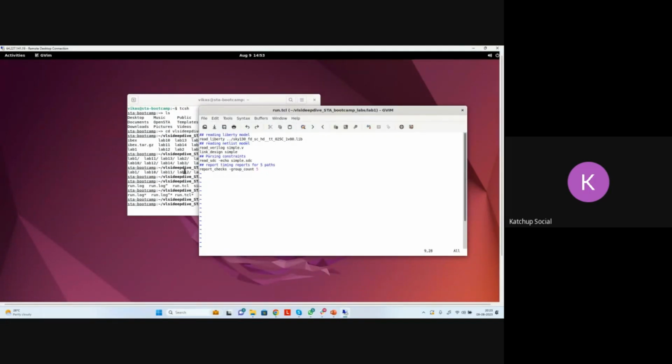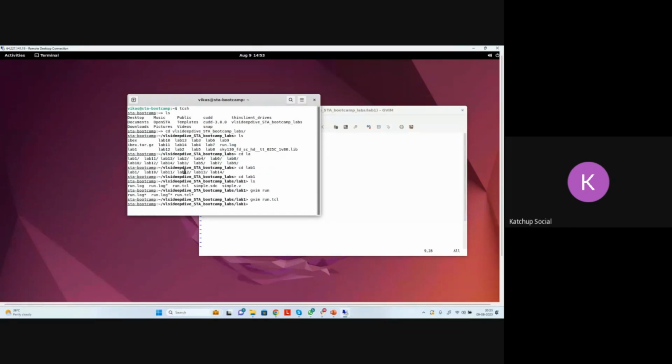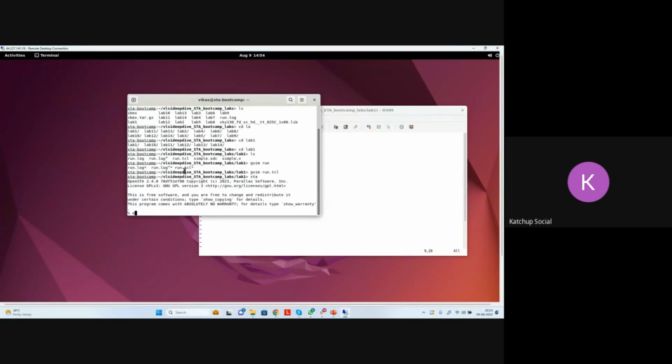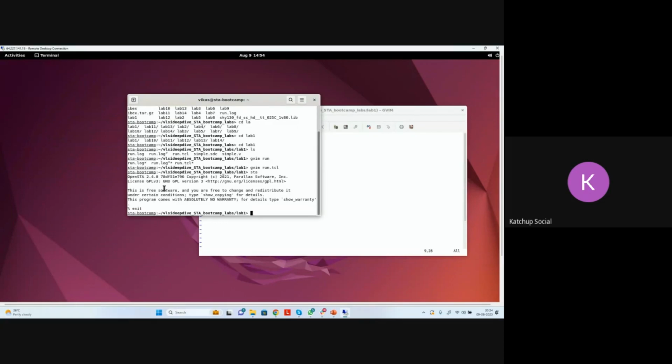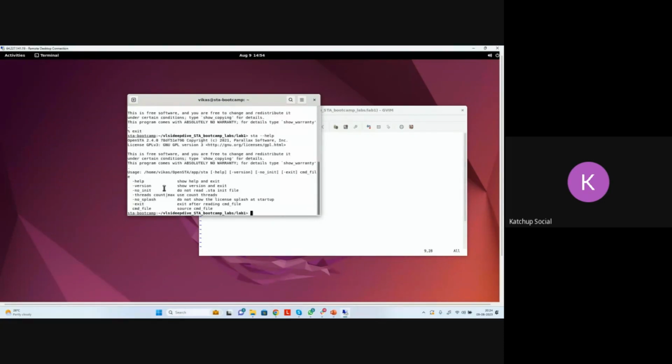Now, how to run it? For everyone's benefit, I've created an alias which is STA. It just brings up the OpenSTA tool. People who have worked in Unix know you can type hyphen help, and it will tell you the command options for each of those commands. So what we'll do now is we'll just say STA, and we'll give